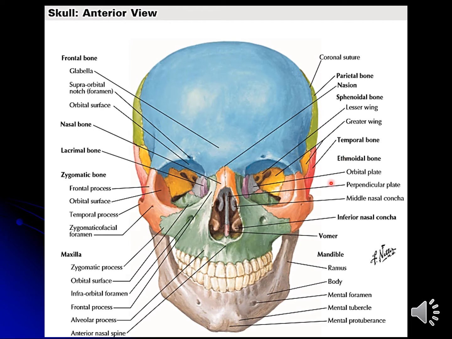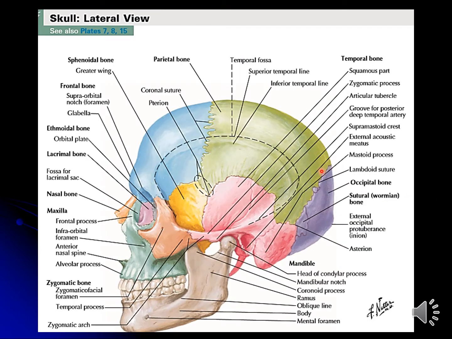These are the bones which are containing air-filled cavities inside, and these hollow spaces, we name these bones as pneumatic bones: frontal, maxillary, ethmoid, and sphenoid, which are concerned here in this lecture. This is a lateral view which is basically showing the sphenoid bone mainly and the maxilla. So these are pneumatic bones.